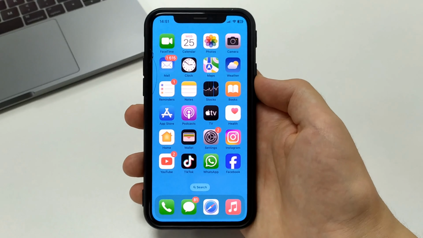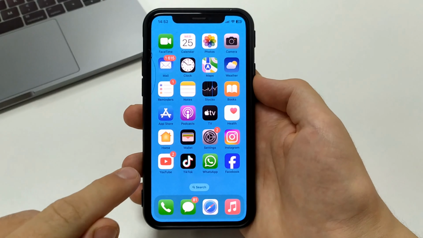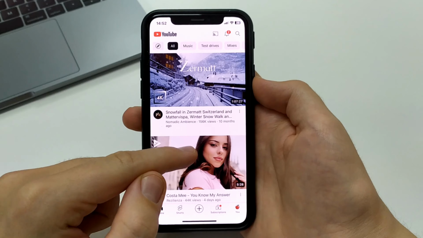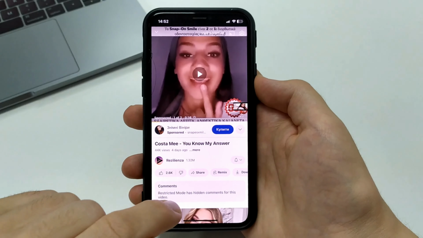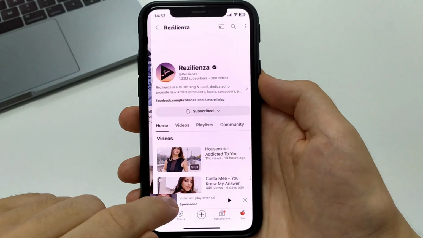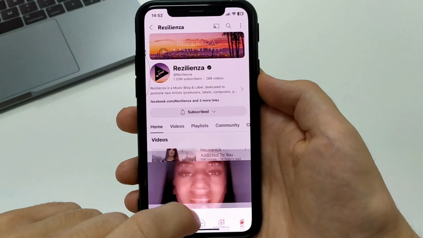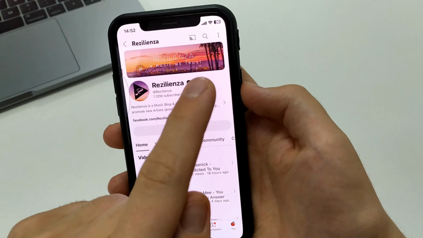Let's get started. To do this, we need to go to the YouTube app on your iPhone or iPad. I'll show you an example. Let's say we find a video. We pause it. Now we close the tab here. And then we're gonna give it a like. I'm gonna press like. Got it. That's the name of the video. Now exit. Close the page.